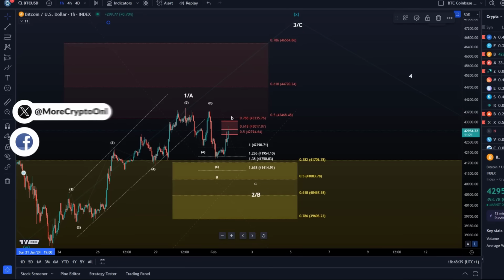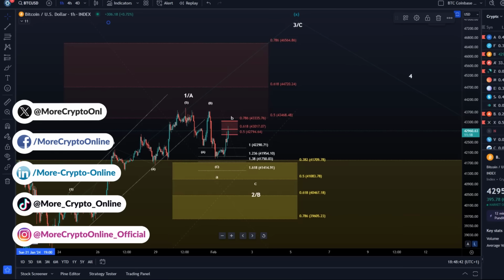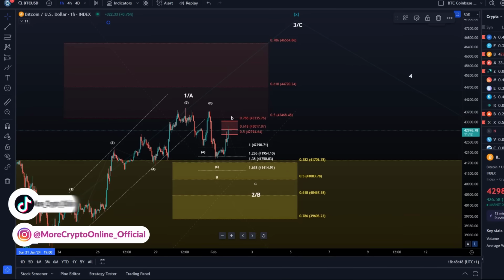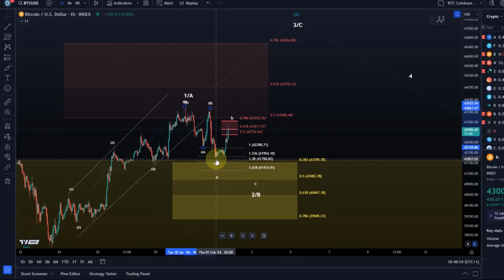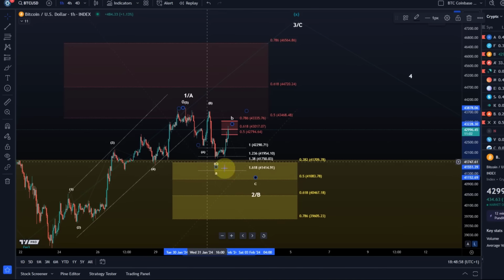Bitcoin is currently printing lower lows and lower highs, and we have a very nice corrective structure that developed into this support area here in white. That was the target area for this small wave C. As you might know, if you followed our previous videos, the initial target area for the first decline was defined between